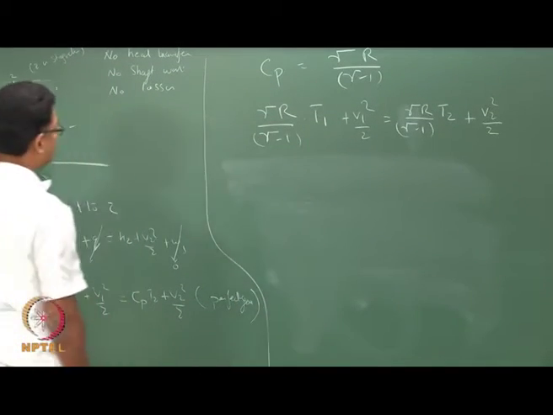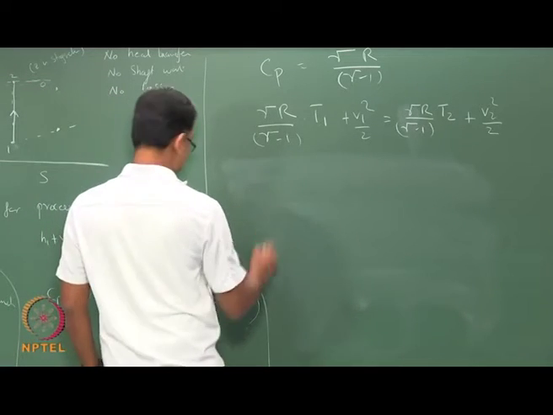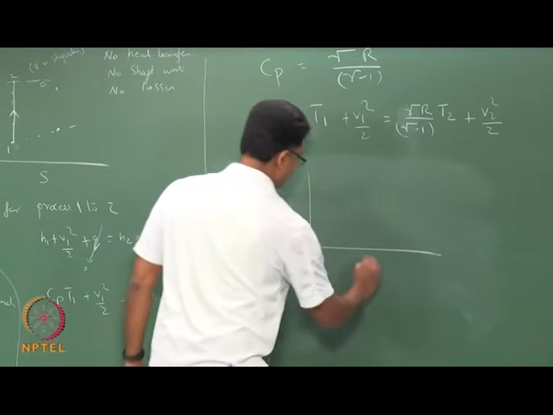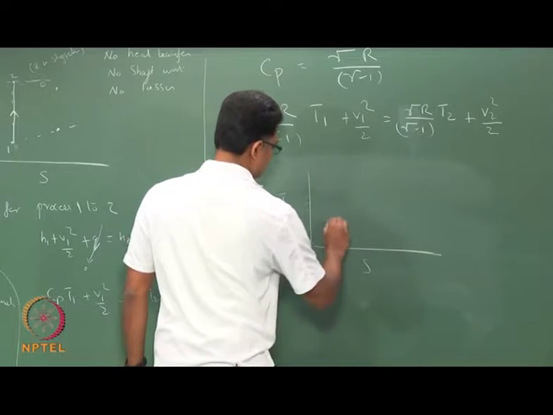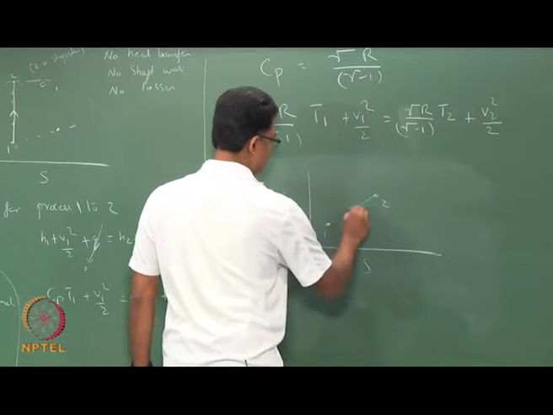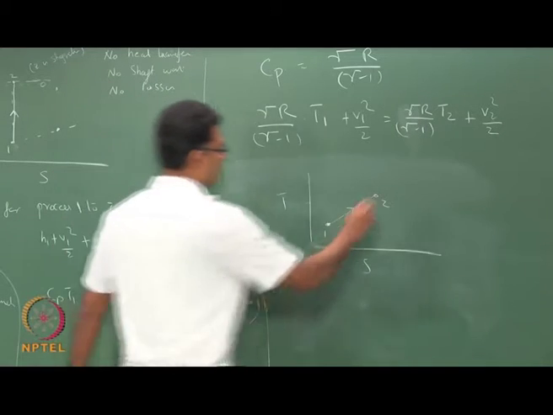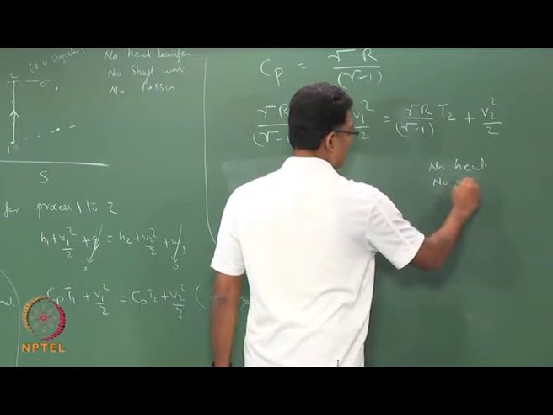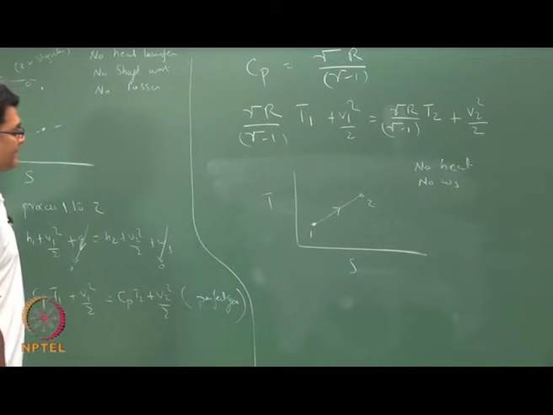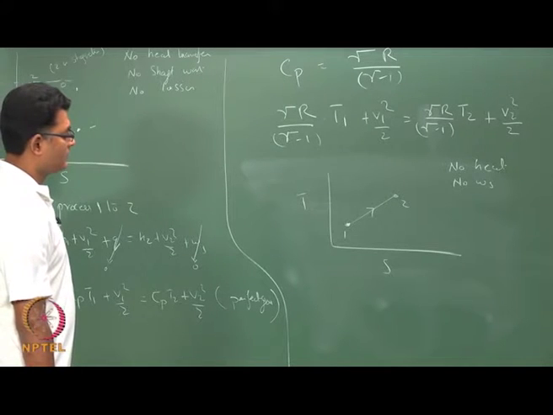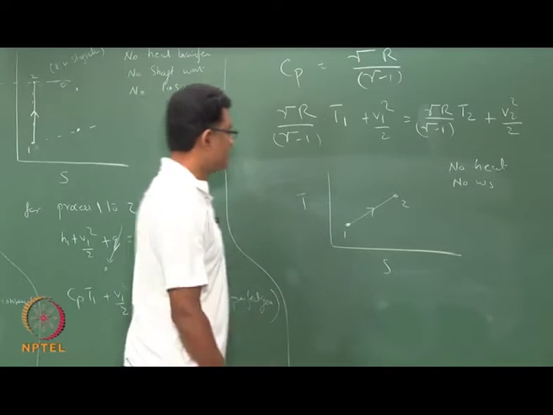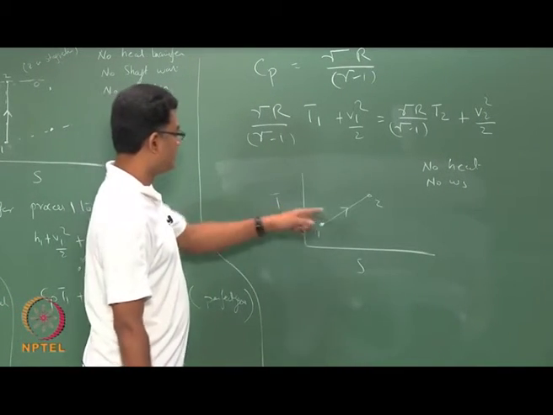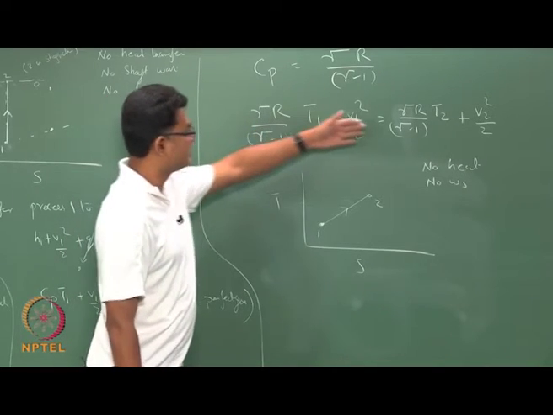So, between any process 1 to 2, I have T S, no heat, no Ws. There is some ds change. Okay. So, between process 1 to 2, if there is no heat and no shaft work, the stagnation enthalpy is